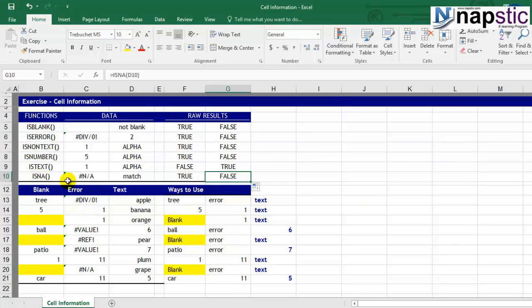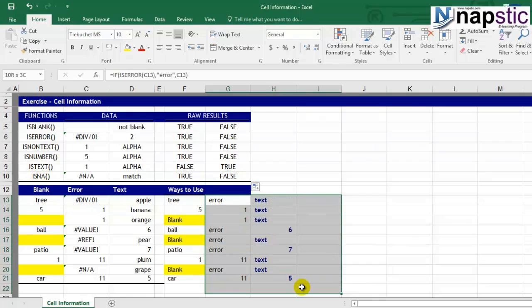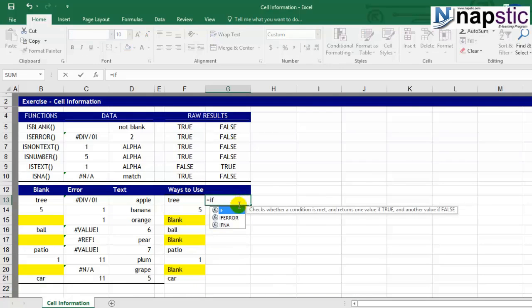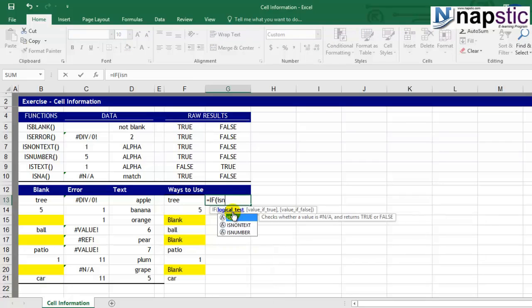Let's try this is NA over here. Just delete this. Is equal to IF command. The logical test will be is NA. The value will be, let's say we apply it to C13. If this is true, if it is not available, then it should show not available.